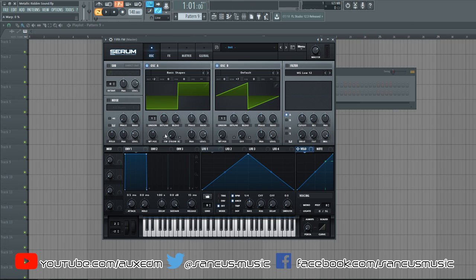And you basically modulate that and then resample it into an oscillator, and that's how you would get that kind of modulation, that kind of wavetable.